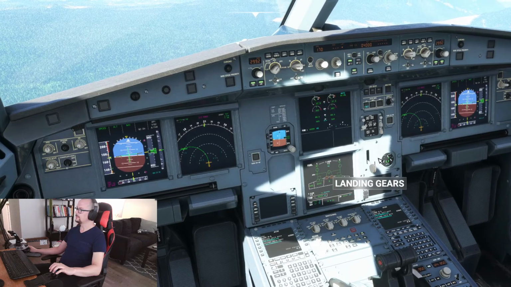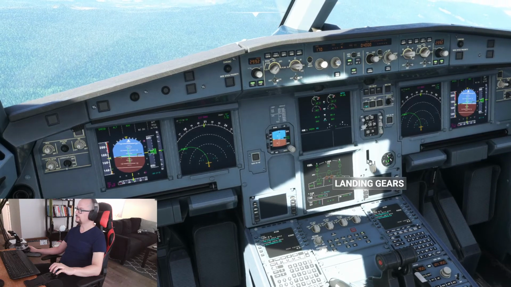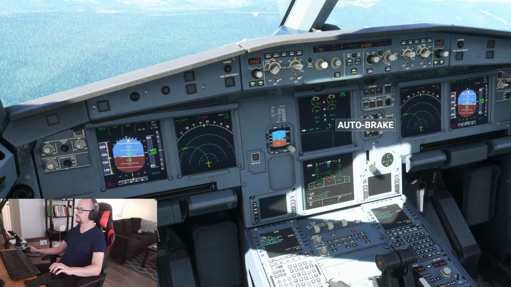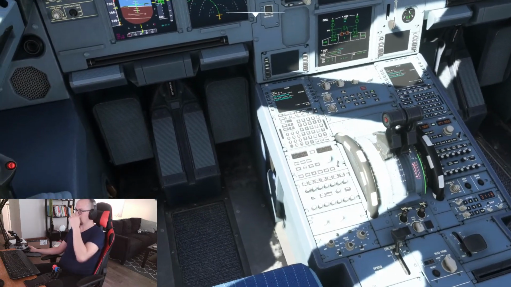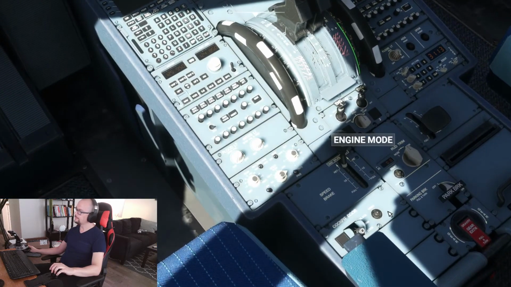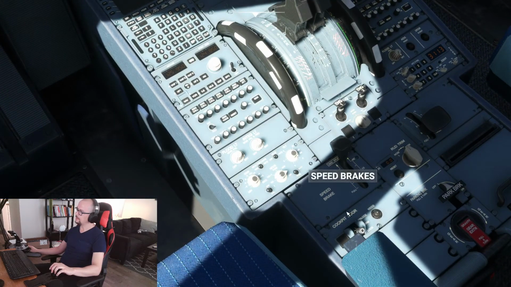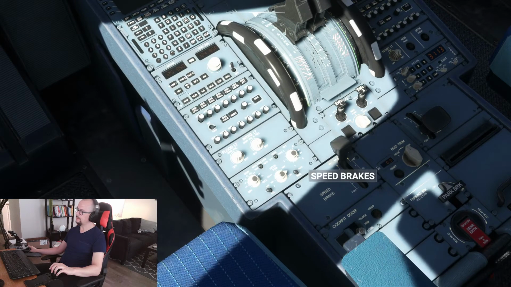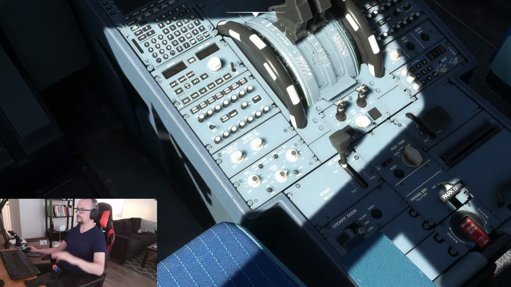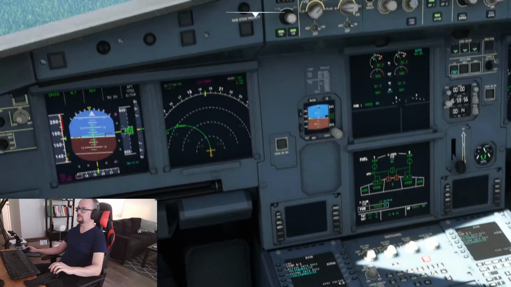Good day. So we'd set that, put the landing gear down. That's just the auto brake for the wheels on the runway, I think. Again, quote me or leave a comment if it's wrong. Here is how you arm the spoilers, it was already armed, so that once the aircraft touches down, they'll rise up on the wing and help it slow down on the runway a little